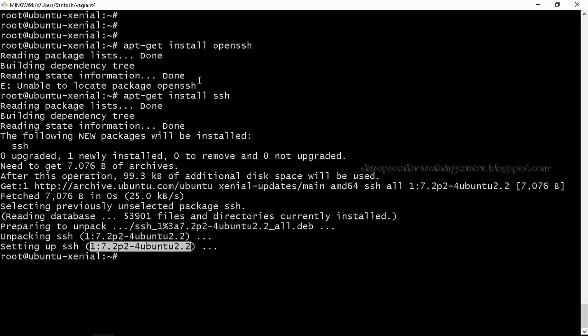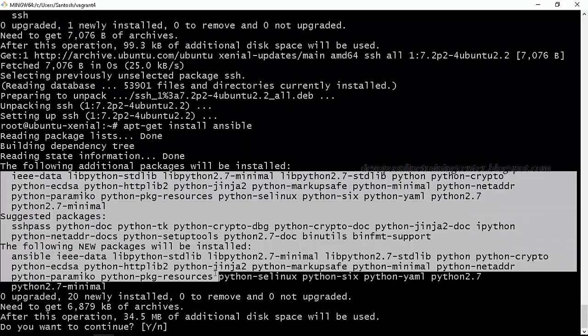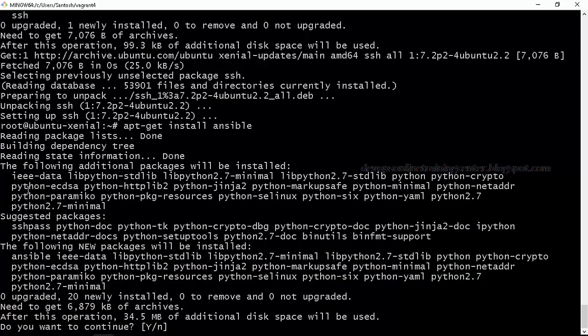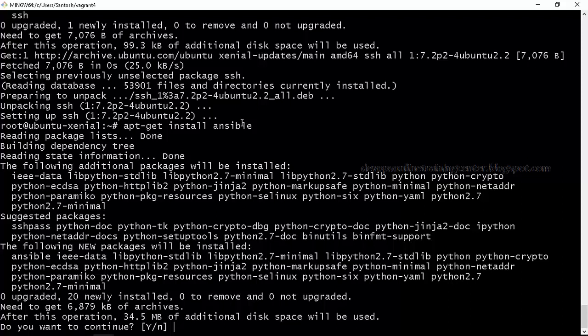If there are multiple packages, it will ask you for confirmation on whether you want to install or not. Let us say apt-get install Ansible. See, I just said to install Ansible, but it is also trying to install all these other packages. Why? Because Ansible is dependent on all these packages: Python, SSH, and so on. And it is asking whether you want to continue or not. You can just say yes or no. That will install all these packages first, then it will install Ansible.